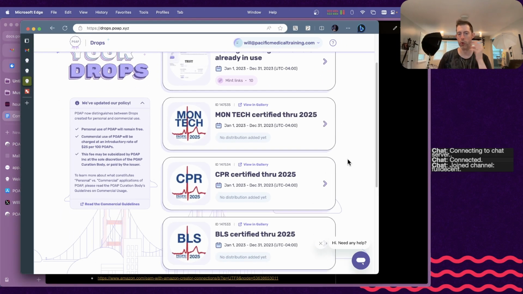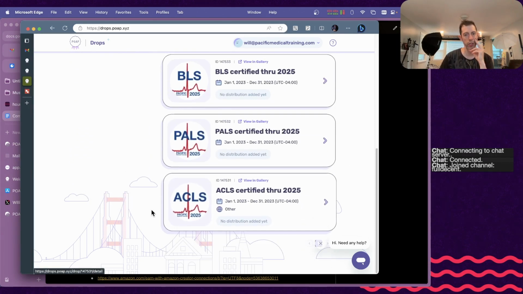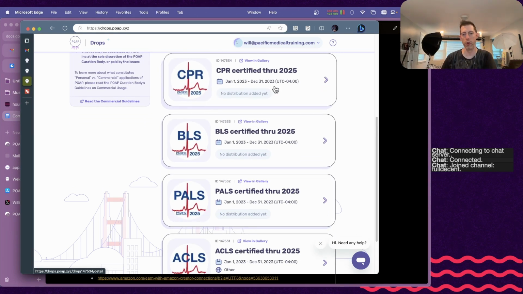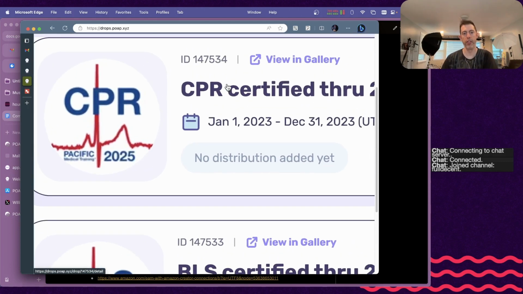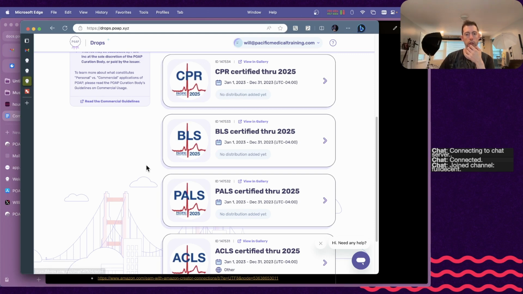I made some POAPs for people that completed a medical training course. They wanted it in a circle, on brand, and they also wanted to know a timeline. So I made all of them like an annual, for the whole year. Now, these certifications, when you complete CPR or another medical certification, expire on a certain date. So I branded this around the expiration year, 2025. And when you physically get a wallet card, that's kind of how it looks too.